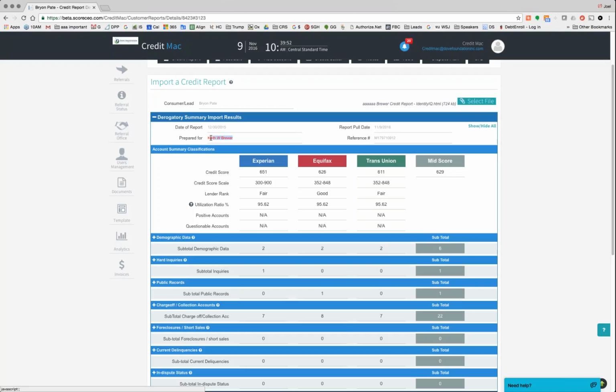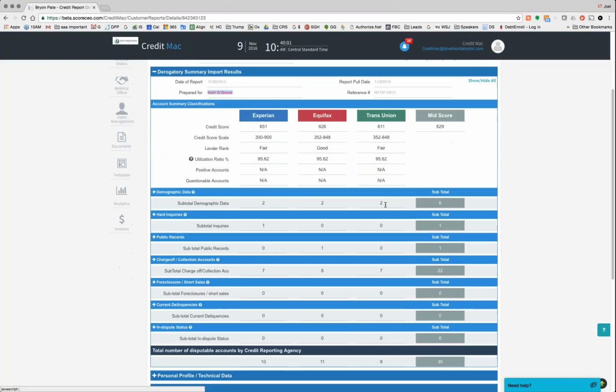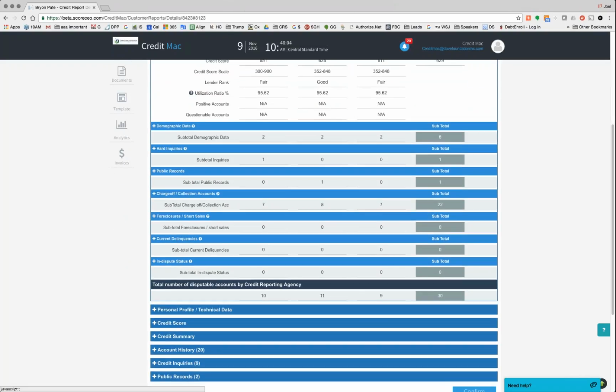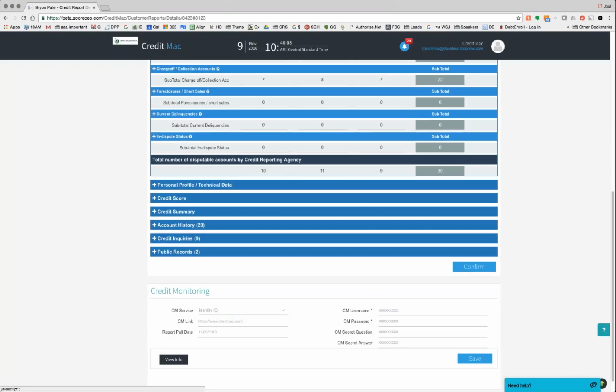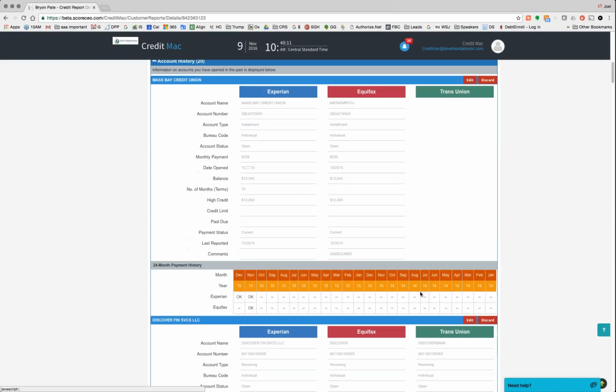As you can see, anything that's a naming problem or a potential negative item, we highlight it in red. We import the original credit scores. We import the utilization ratios. We break down the report into all of the areas. And then we can go down into the account histories, what I like to do, and begin to do the